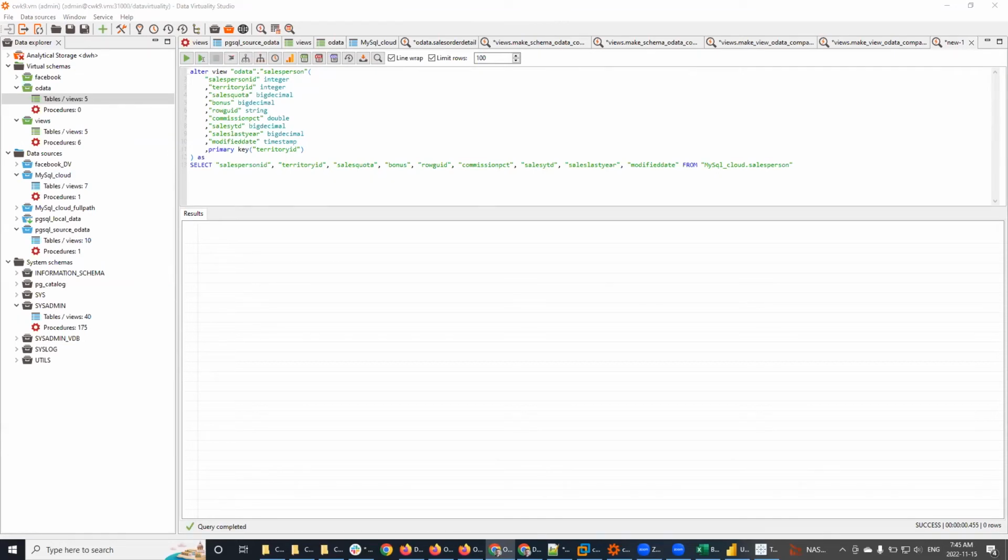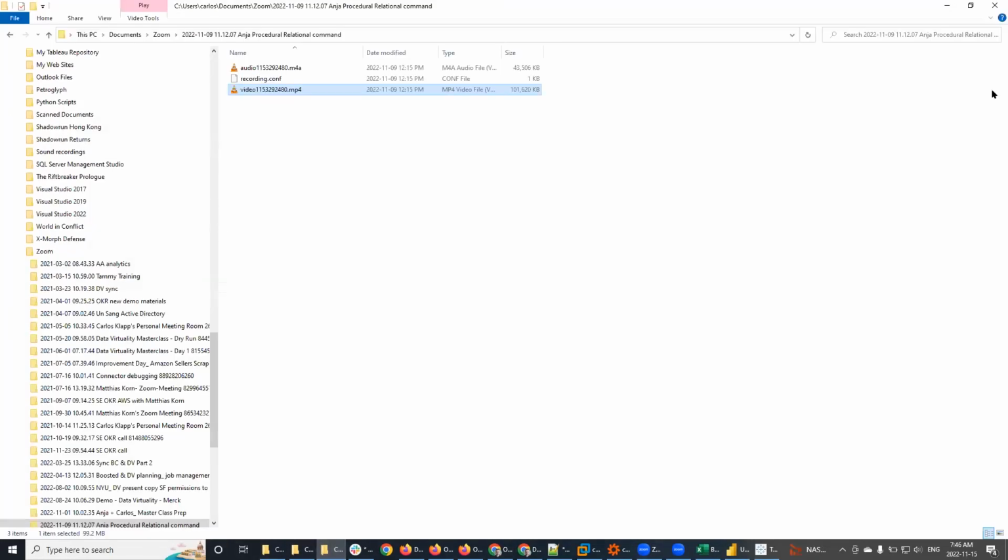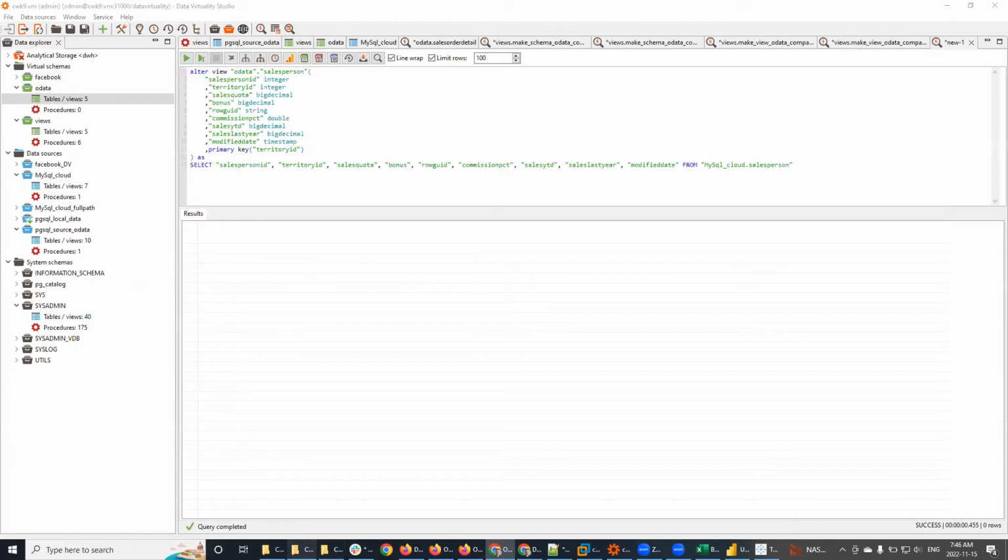So Carlos, regarding OData versus the other ways of connecting to Data Virtuality. Let's go back on our track, looking at it from a top perspective: OData versus REST API versus JDBC. Which one is preferable when? OData is great when you have a